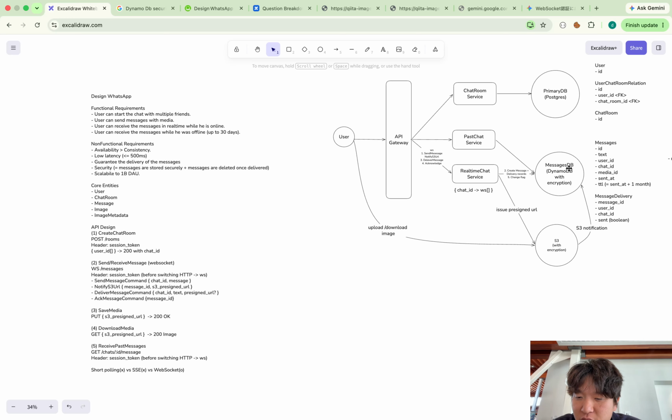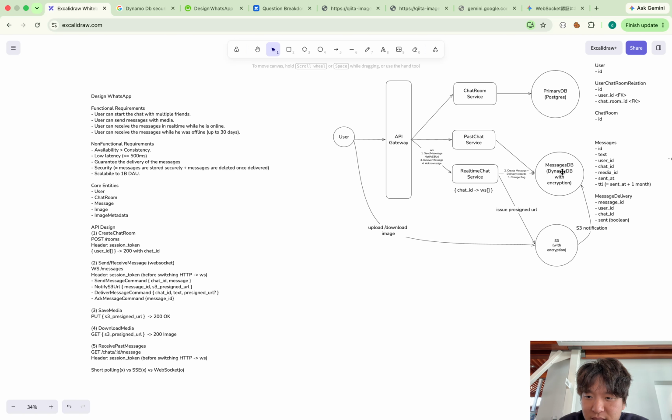Okay, so I will add something about DynamoDB: the justification to use DynamoDB. Actually, this works with PostgreSQL, but I don't have a strong reason to choose DynamoDB here.